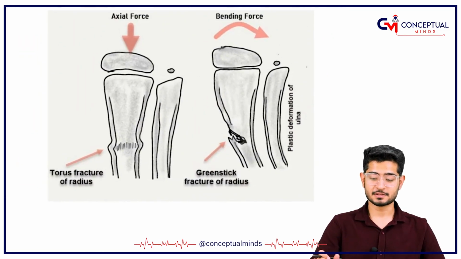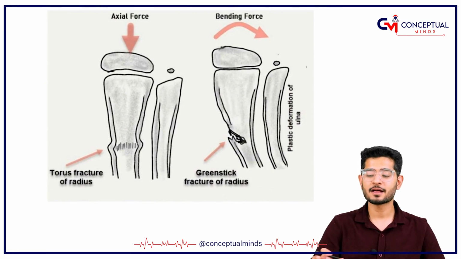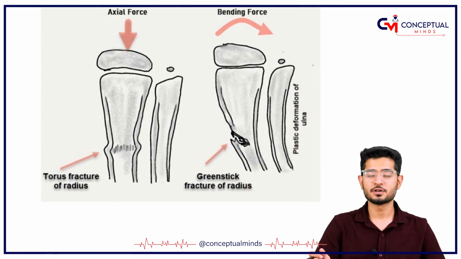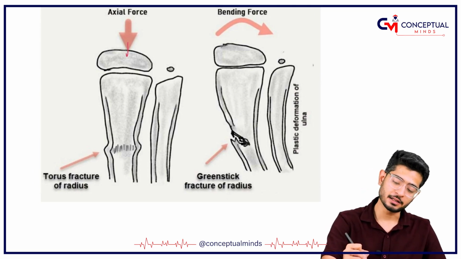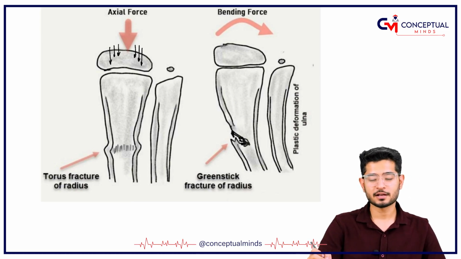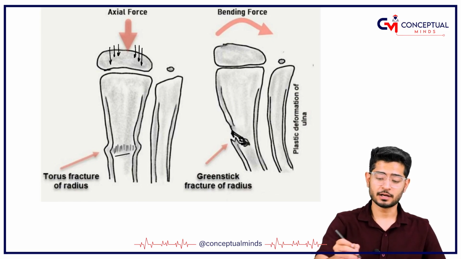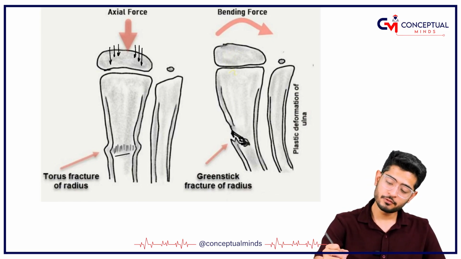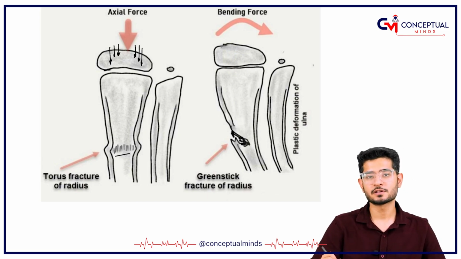Before we discuss the fractures in detail, I just want you to focus on this picture. Can you see this is the axial force which is acting on these structures? This is the axial force being applied on this bone, and this is responsible for the Torus fracture of the head of the radius. So if some axial force is coming, it is going to cause a fracture like this, and this is called the Torus fracture. But remember, if some bending force is coming,